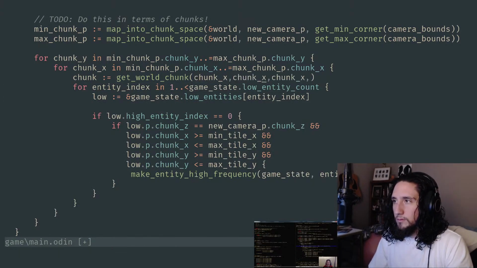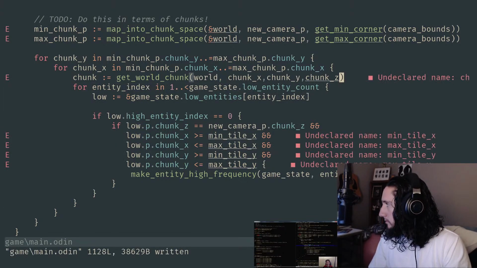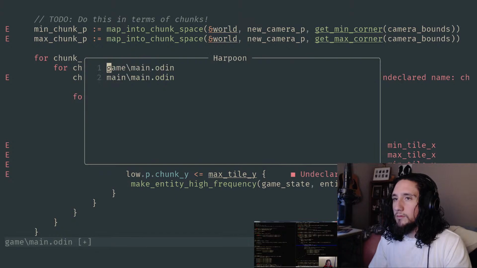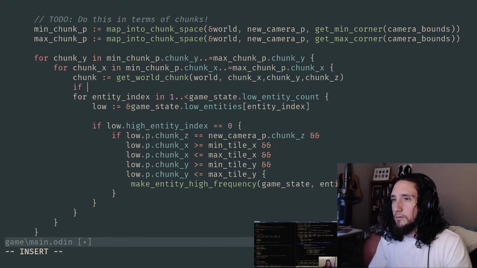All right, so I go into the world chunk, I grab that out. Remember, there may not be a chunk there, there may just be nothing there, and that's fine, so we want to allow that, so we check to make sure that there actually is anything there. Assuming that there is something there, we can go ahead and loop through the entity count on the chunk, because remember the chunks, oh, I forgot there's one more iteration here, right?